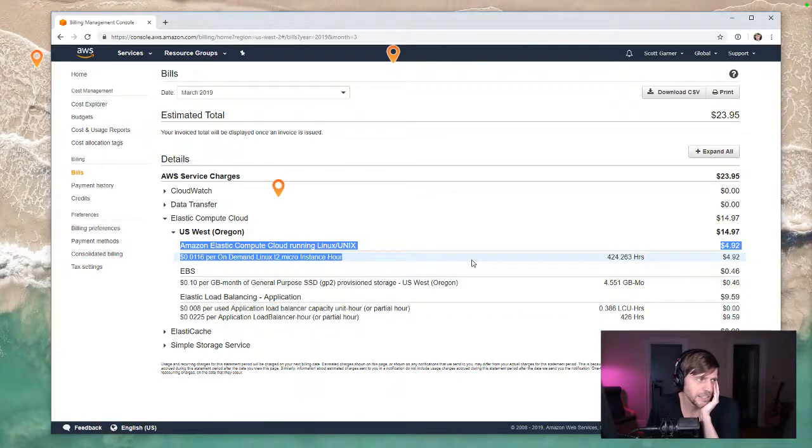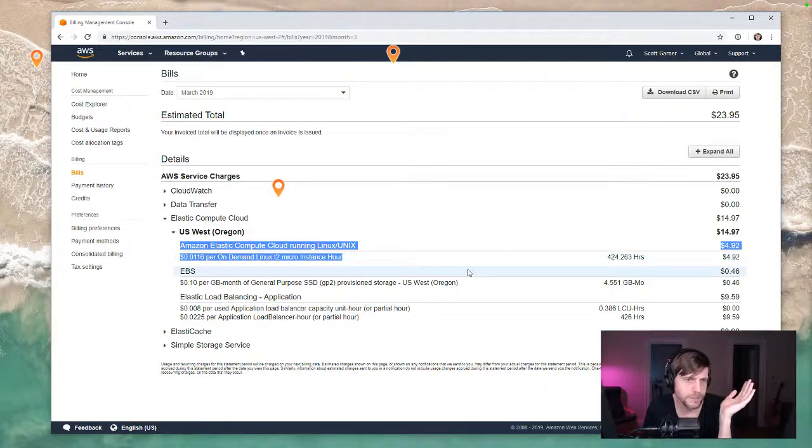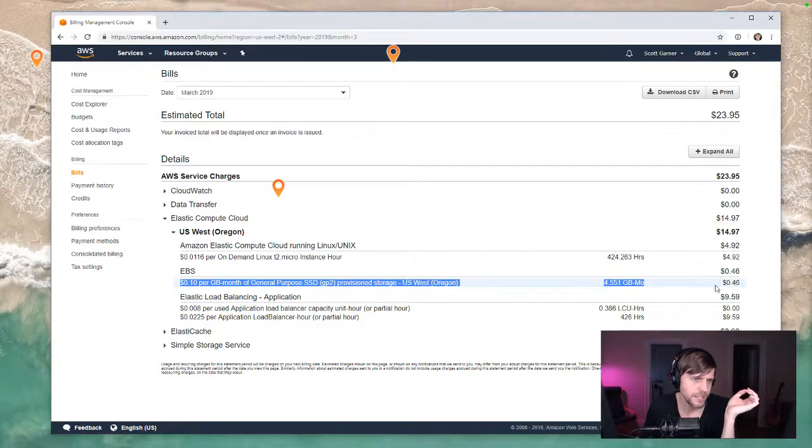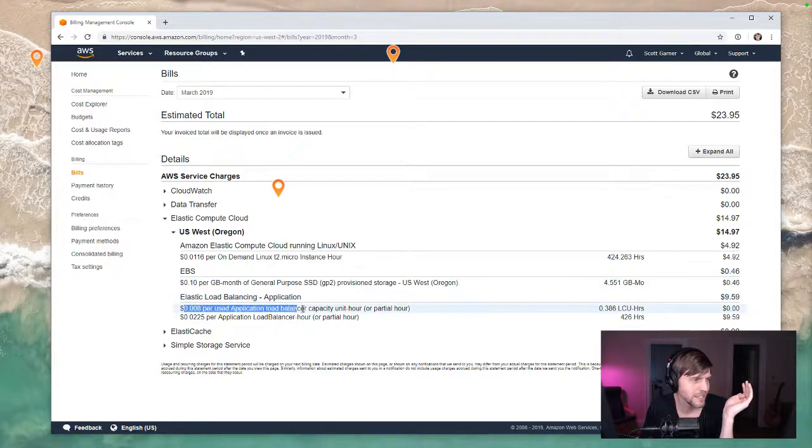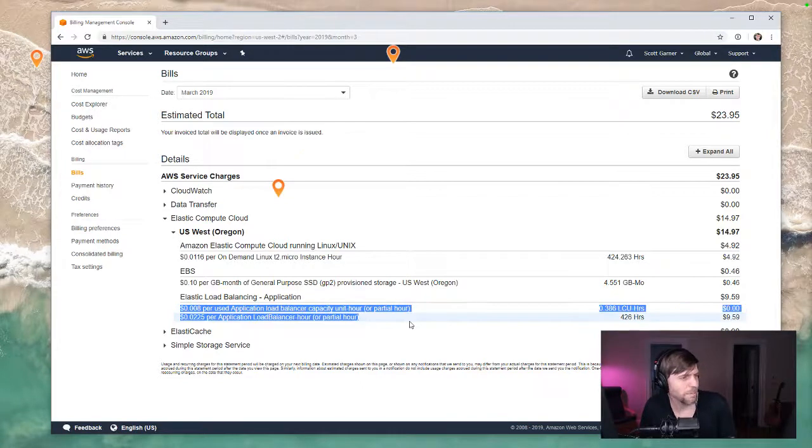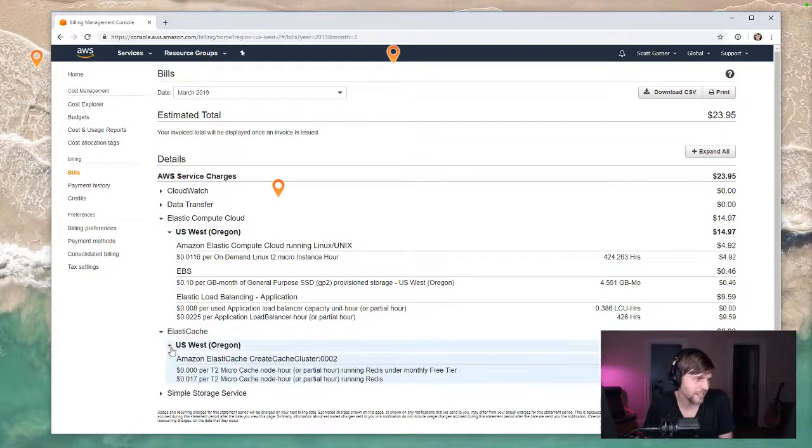So this is 1 penny per hour to run the computer, so that's fine. There's a tiny bit of storage from Elastic Beanstalk. Okay. But the Elastic load balancing costs an amount per capacity unit hour and then per application load balancer hour. Isn't that weird that the load balancer costs so much more? I just don't. And then the Redis server,